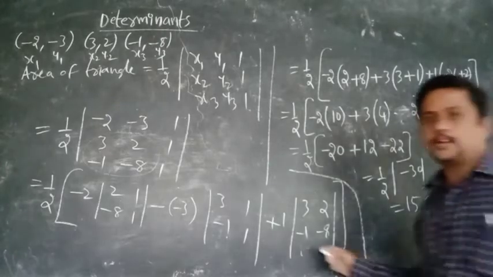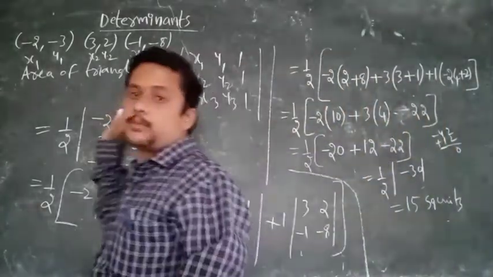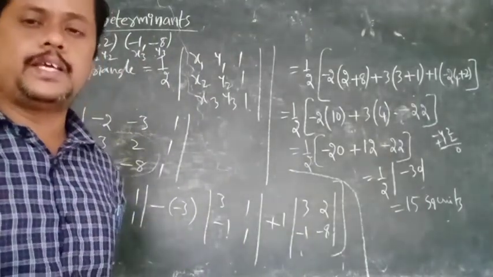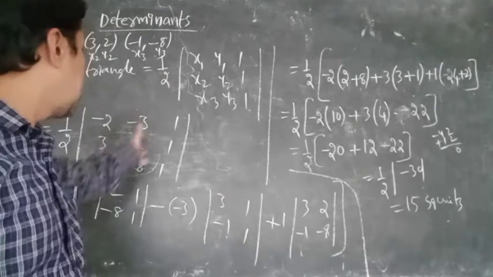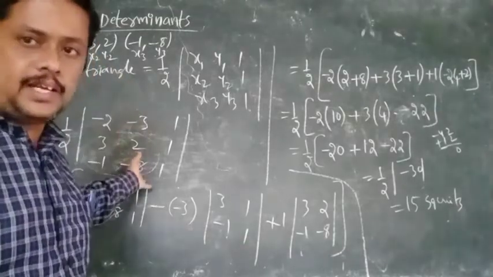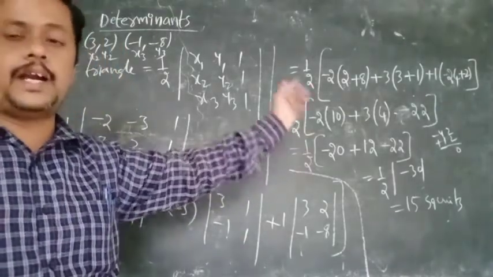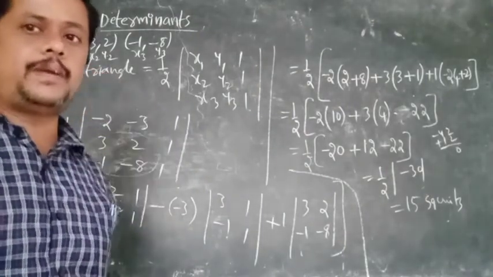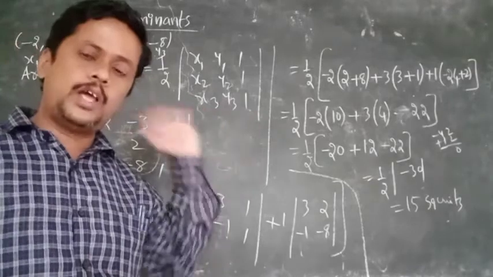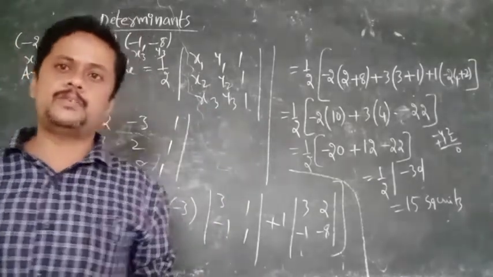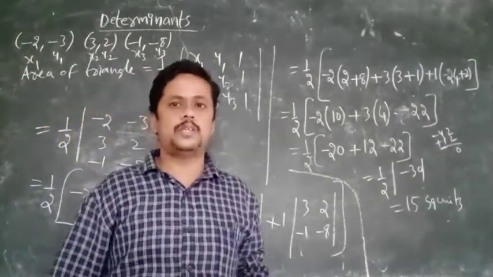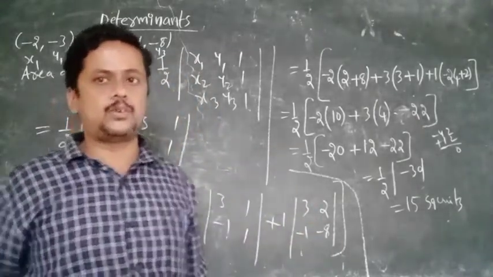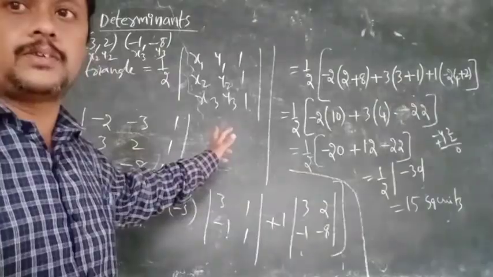Like that you have to calculate. See, first you have to write the formula half into the determinant x1 y1 1, x2 y2 1, x3 y3 1, and substitute these values here and simplify according to the 3 by 3 determinant. If you don't know the 3 by 3 determinant, go through the previous videos and observe. There you can find the easy methods. Very easy. If you have any doubt you can ask. I will give the homework also, please wait.